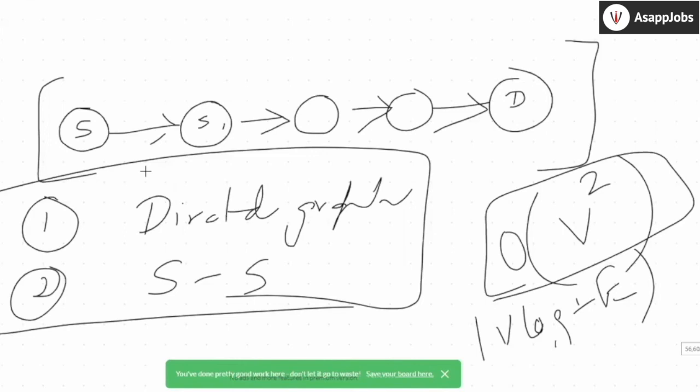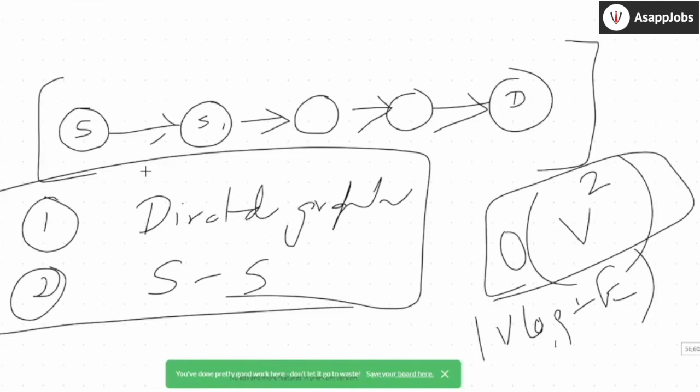So every time you are picking from a set of at most V edges, and that edge has to be of minimum weight. If you want to find the minimum out of some set of things, what will you do to optimize? You will use a priority queue or some kind of structure. That means to find the minimum out of those cuts, your complexity will be log V, and you are doing it V times, because for every vertex you take the vertex, add it to the set, then find the new cut. So your complexity is V log V.